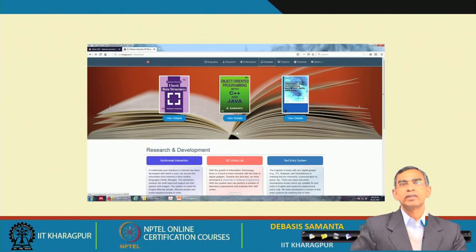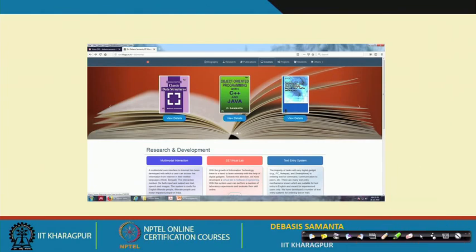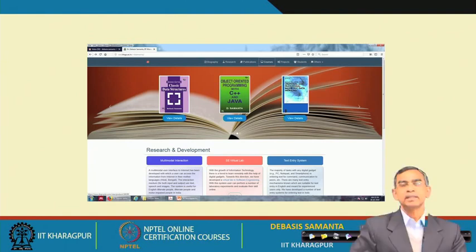Actually, when Java was introduced into the programming arena, there was a high requirement for how a programming language can support internet programming. So far as internet programming is concerned, the basic requirement is how a browser can browse a web page. Usually the web page is written in HTML, the hypertext markup language. Now, HTML can include many things.